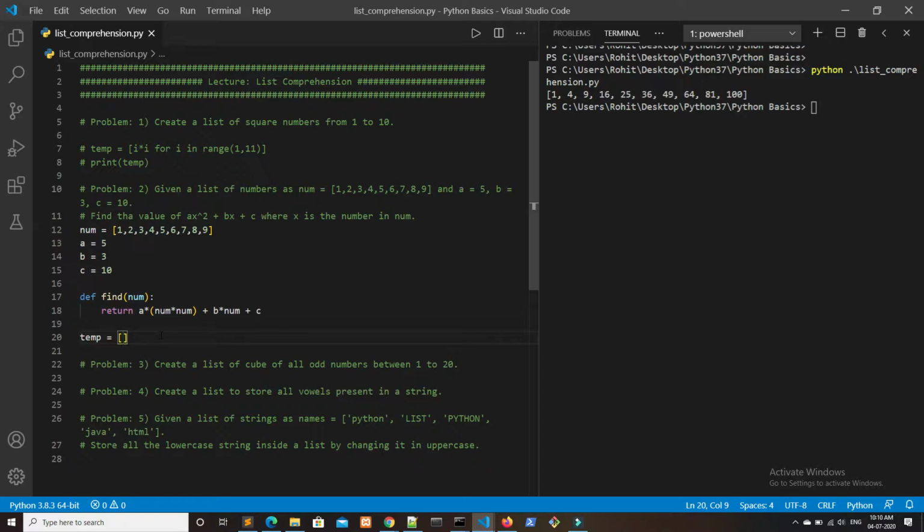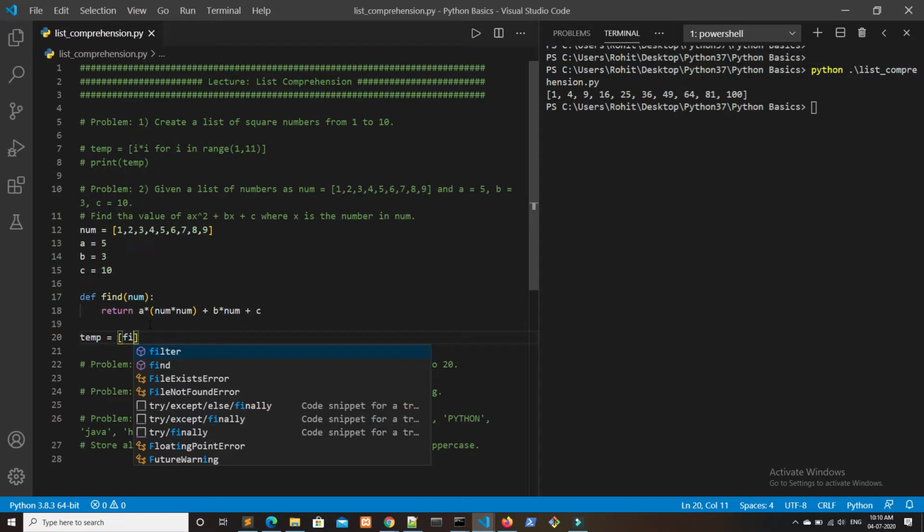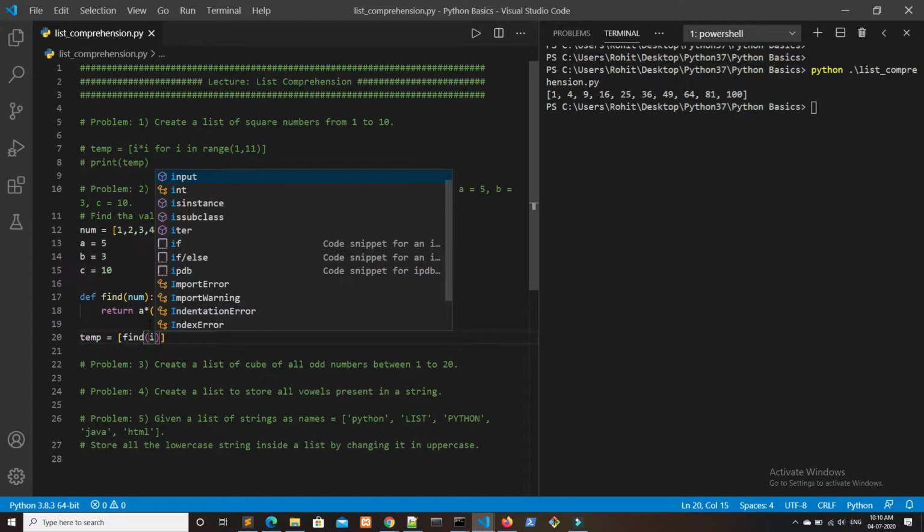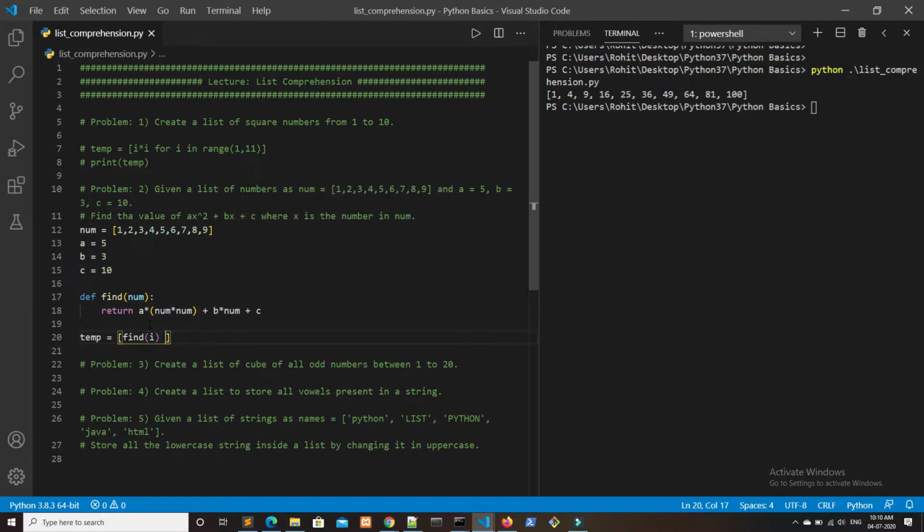We want the value of the expression a num square plus b num plus c, which will be coming from the function find. So we write here find, and we pass the value i. This value i, that is number, is coming from the list num. So we have to iterate through the list num. We will be iterating through a for loop, for i in num.